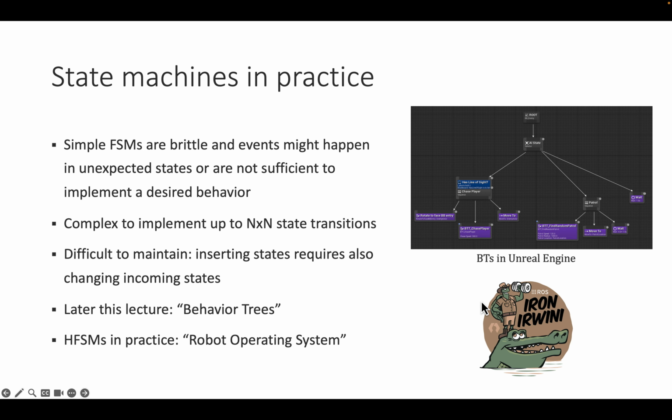Finite state machines also have other limitations. They're very brittle. When you program them, a lot of things can go wrong. You might end up in unexpected states very quickly, something that you didn't take into account, or you will find that the states you have are simply not sufficient to implement a desired behavior and have to add additional states, which then becomes difficult. Now, if you have, let's say, 4 states, as you've seen before, you have up to 16 state transitions. So it's really n by n, because you might find,